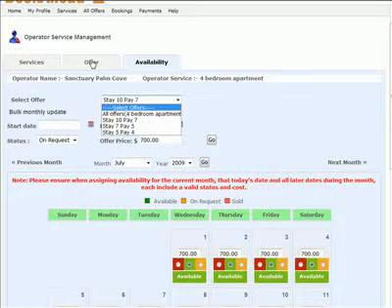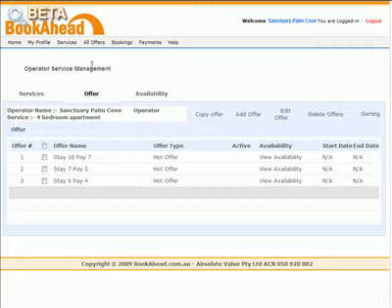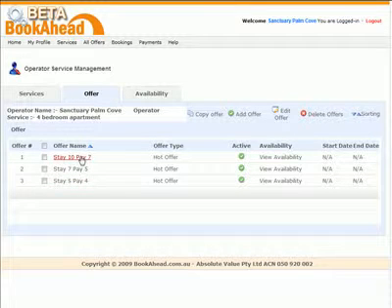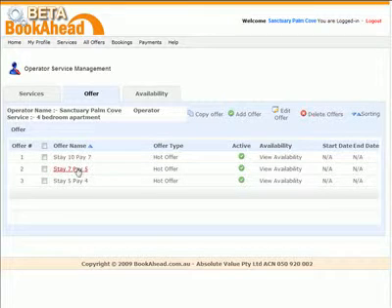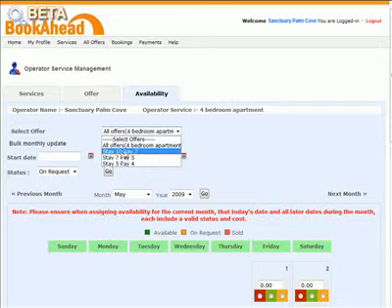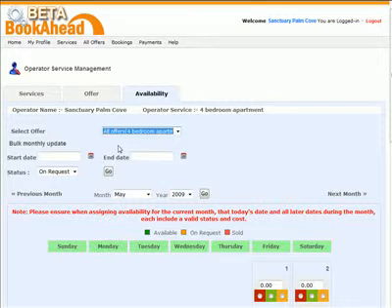Because you might have a number of offers at a particular service, so in this case the 4-bedroom apartment has 3 different types of offers or specials, and because it's the one entity that will have its own availability, you may not want to update availability for each one of these 3. Therefore, the all offers in this selection box here, which says all offers for the 4-bedroom apartment, can be updated in exactly the same way. In this case, you'll see there's no offer cost because they're going to vary between the various offers, but we can,